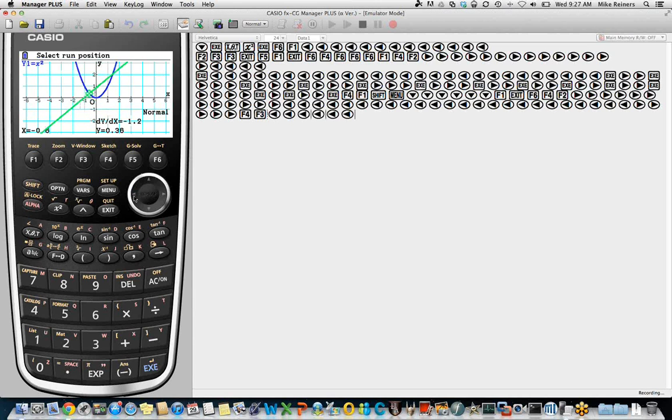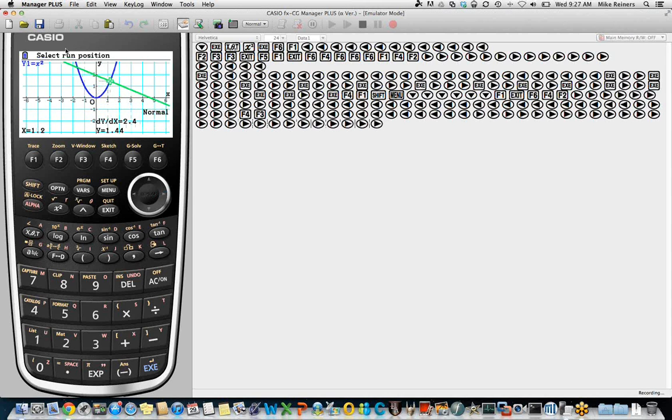As we move along, we can see this norm line, this normal line, changing. And it might be difficult for students to understand what a normal line is and why it's changing and what it has to do with this curve. It's clearly attached to the curve somehow. The cursor indicates that. But what does this normal line really mean? Well, one of the things that we can do is use multiple sketch elements at the same time. So let's mark a normal line here at 0, 0 by pressing the execute key. And then let's go over to the point -1, 1 and mark a normal line there.